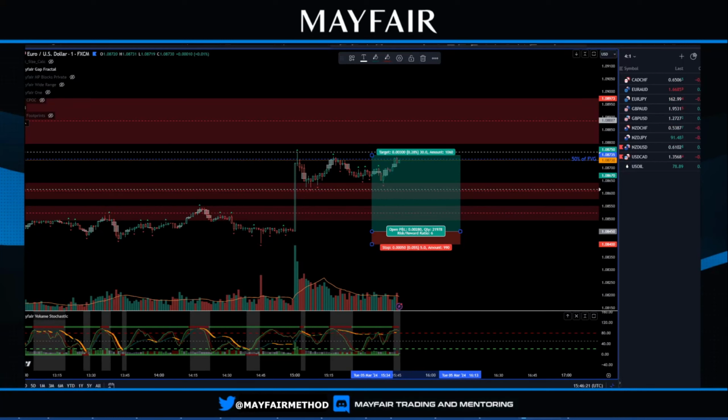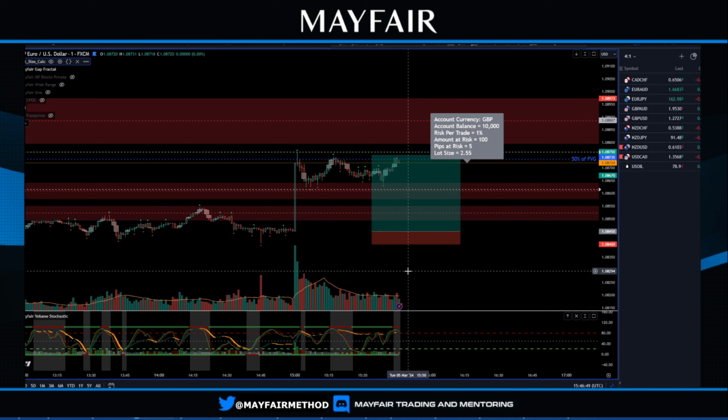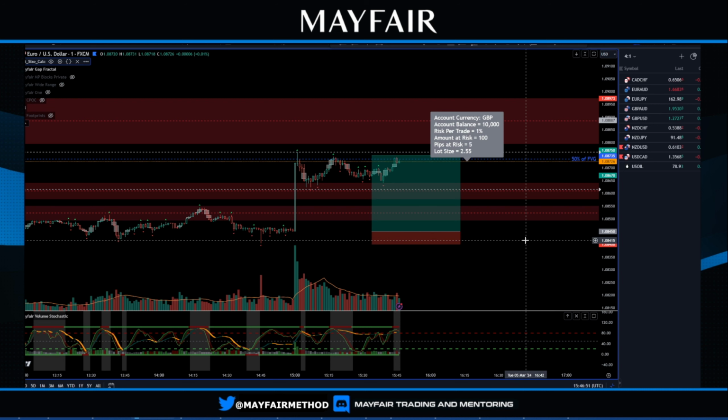Okay, I'm going to show you how to work out the lot size if you're dealing in Forex, which after all we do recommend. Here's the trade we want to do. Here's a stop of 5 pips. So here's our entry, here's our TP, here's our SL, and it's a 5 pip SL, as we can see here. Okay, so we fire up lot size calc, we fire up its settings, and this is a GBP account. So we go GBP 10,001, pips of risk 5, okay, and see what it comes out with. Looks like we have to have 2.55 lots.